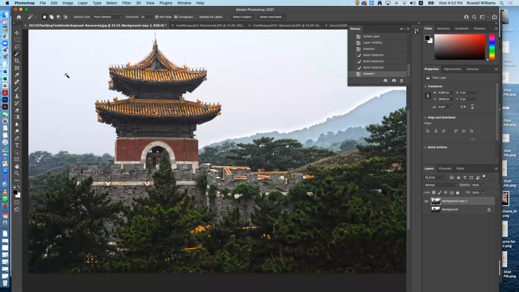This one is kind of interesting because you have the tolerance measure, which I believe I talked about. We leave anti-alias and contiguous on. Now it's 32. I've told it a point sample. What that means is whatever pixel it's on is the baseline, and it is going to be tolerant of things that are 32 somethings away. They're different in 32 ways. So if I click right here, it actually,